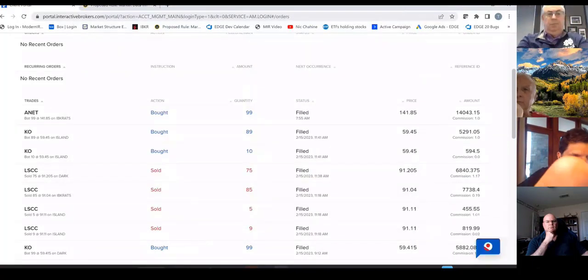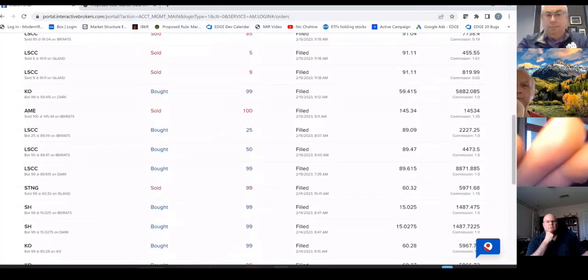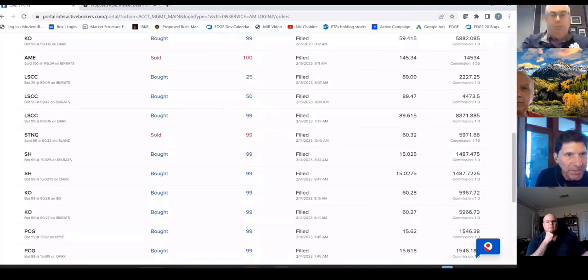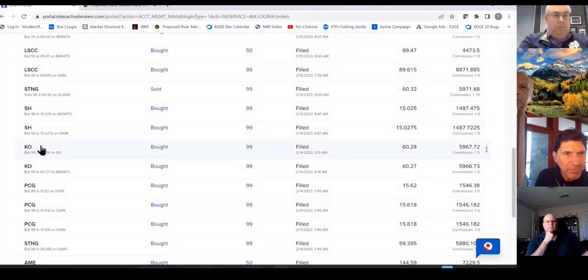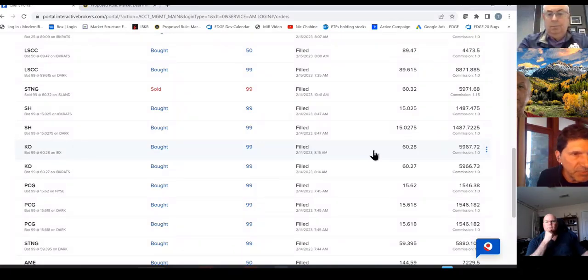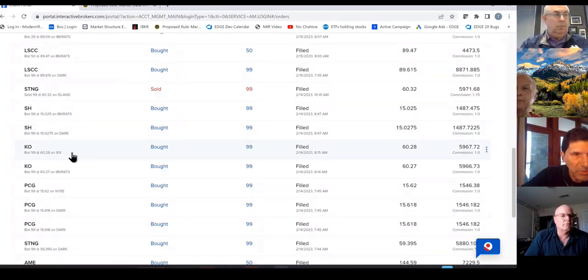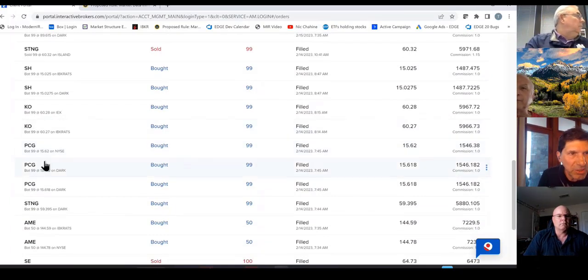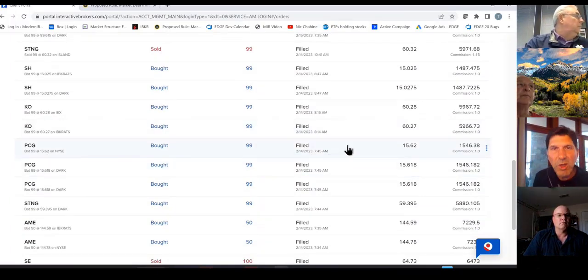So if you look at the data here, all the way down through these trades that I've done, you have to go all the way down here to when I bought, I own a fair amount of Coke, and I bought it at IEX, 60.28. That's not a great price, but I have added to it, brought my cost basis down. There's the first trade at an exchange. They've only got about 2.5% of the market. Then there's an NYSE trade here, PCG, 1562.